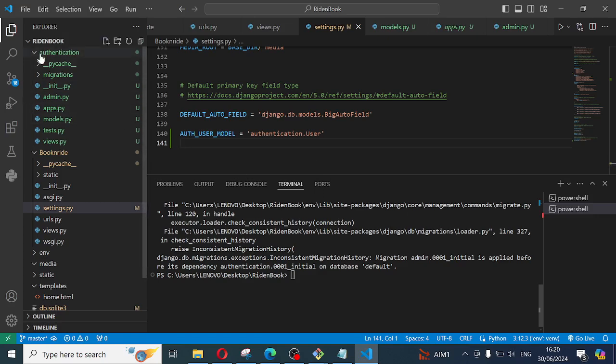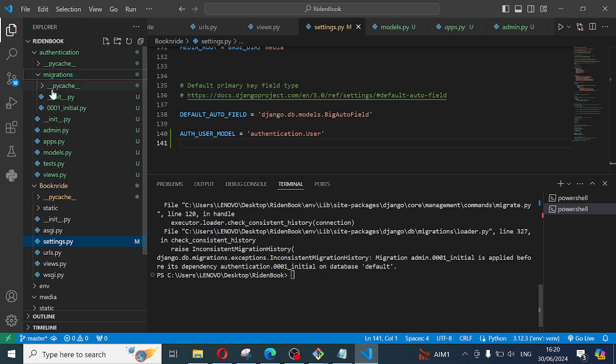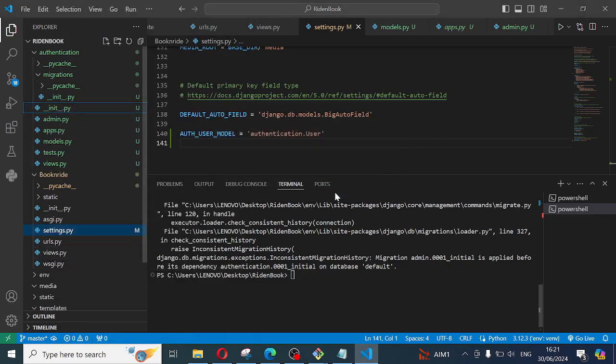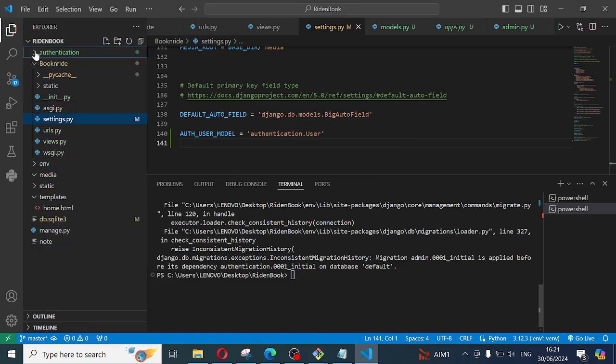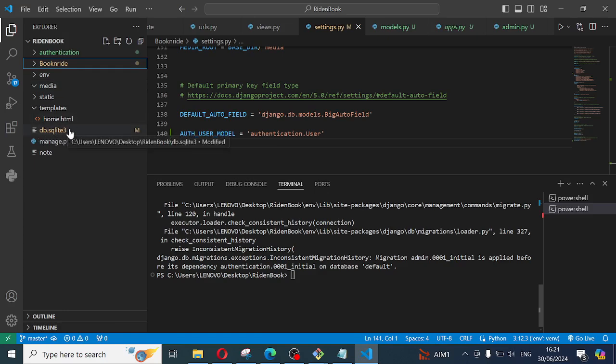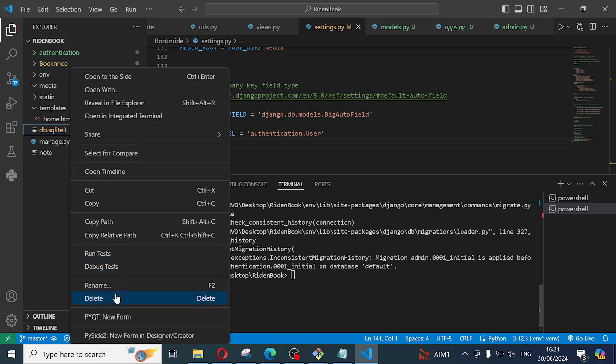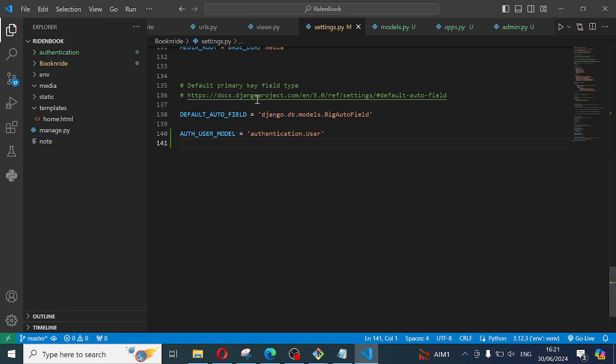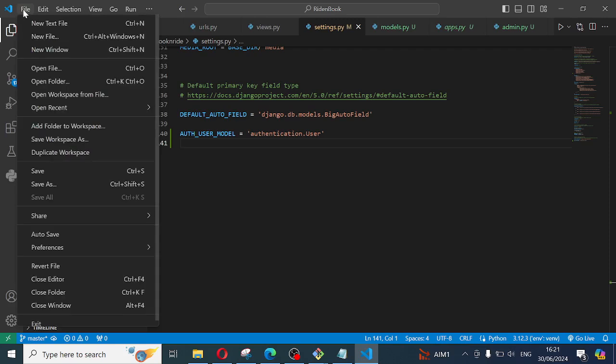First of all, go to your authentication app. This is the authentication app. Go to your migrations and delete this 0001_initial.py. Just right click and click on delete, move to recycle bin, and then you have to delete your database. This is it, db.sqlite3. Right click on it and delete it as well. So I've deleted it. I'm just going to kill this terminal again, and then everything is